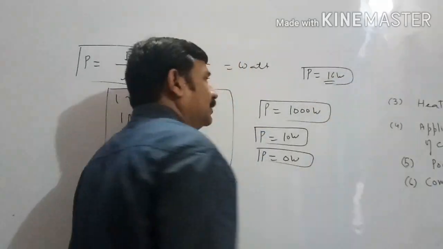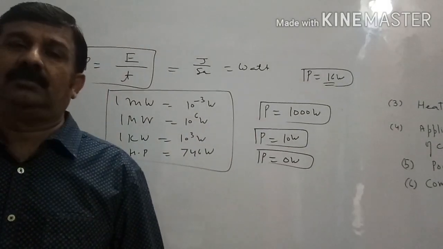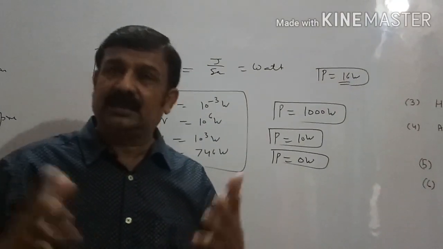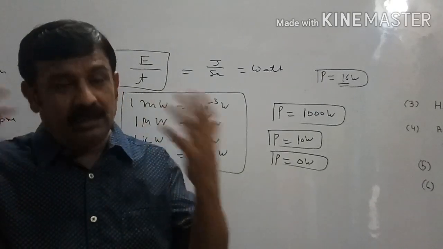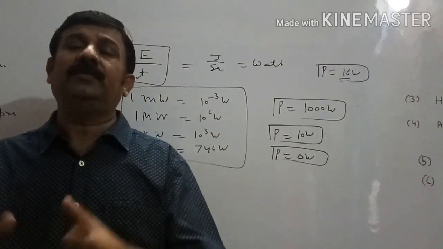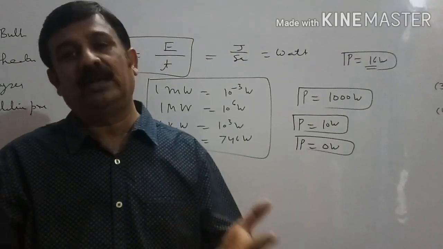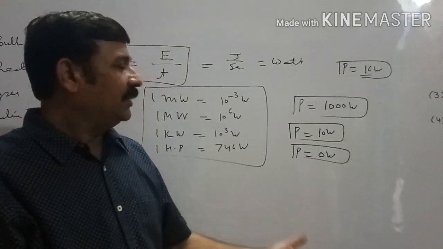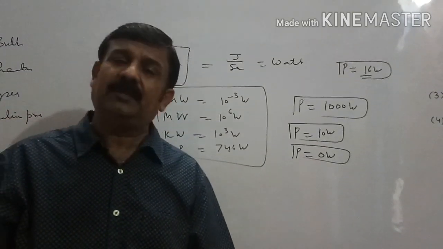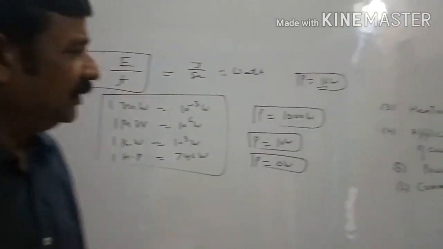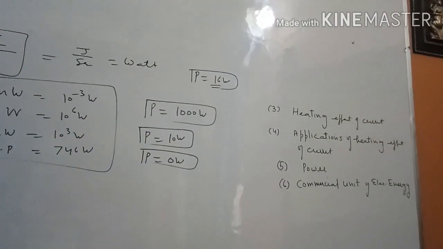This power is so less that we assume it as 0. So laymen say that we have a 0 watt bulb. Being a science student, don't think about such a bulb which will have power 0 watt. 0 watt means less watt power, just you can say like this. Because if the bulb is of 0 watt, neither consuming nor producing, then what is the purpose of using the bulb? Okay. Now next and last topic is commercial unit of electrical energy.